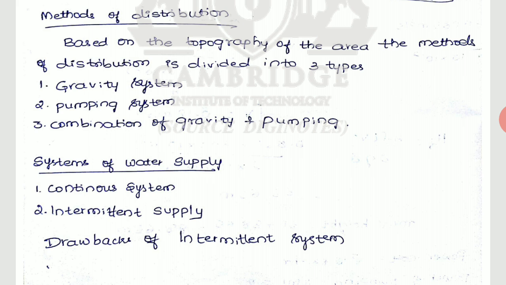Like this, there is an arrangement of supplying for a fixed time. Also, sometimes there is a shortage of water. The waterman will supply the water on alternate days. If the water is supplied on the first day for first and second rows, the waterman will supply third and fourth rows on the second day. Like this, this arrangement will be there in the intermittent supply.